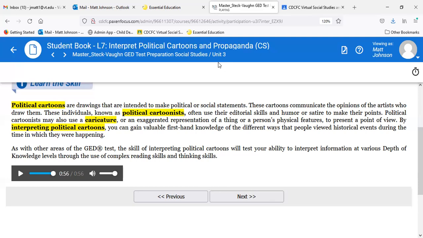So in decades past, it was much more common to see political cartoons in newspapers. That's where you're going to find them largely. You'll see them a lot more in today's world on social media. You go through Twitter or Facebook or something, you'll see political cartoons quite a bit. But the idea there is it's editorializing. A political cartoonist, it's all opinion of whatever situation or whatever political figure or whatever they're drawing about, and it usually tries to do so through